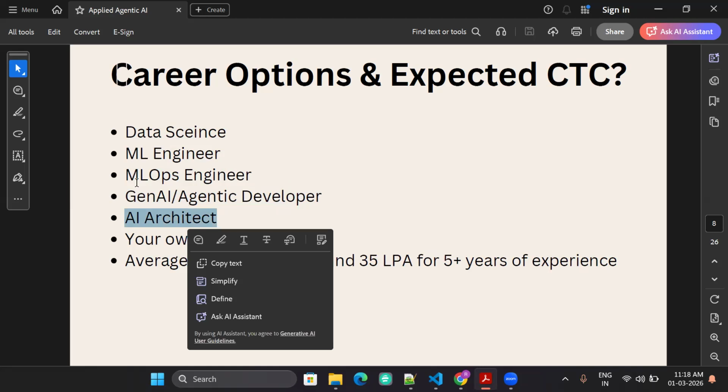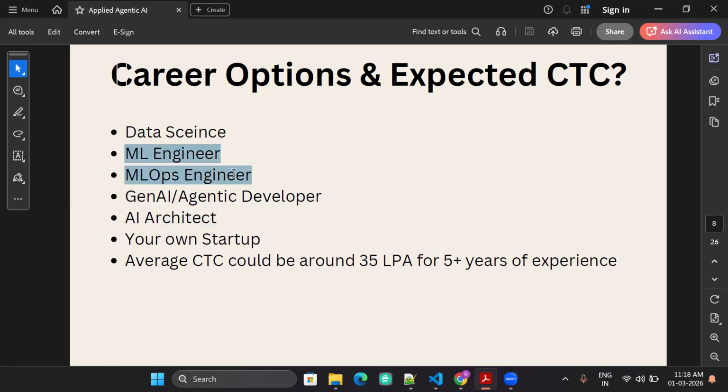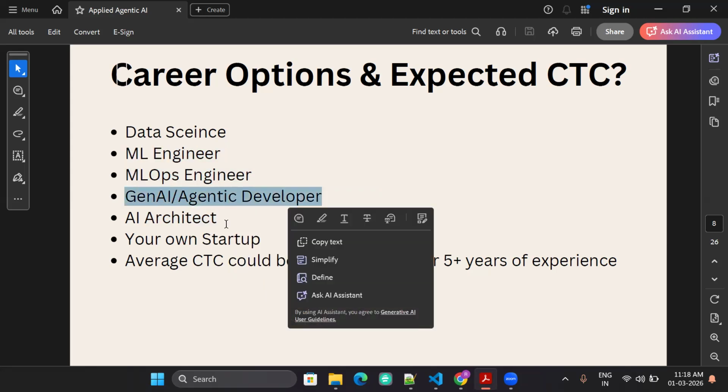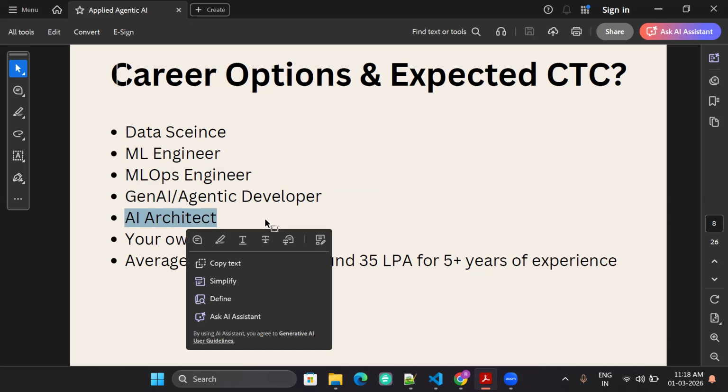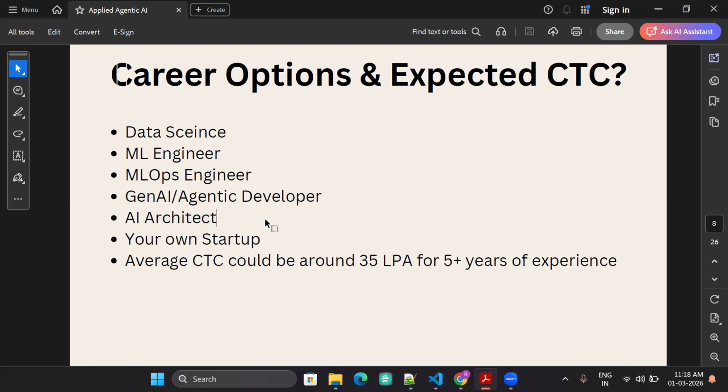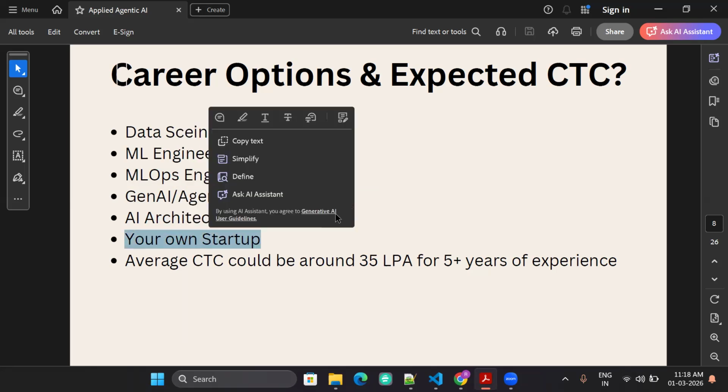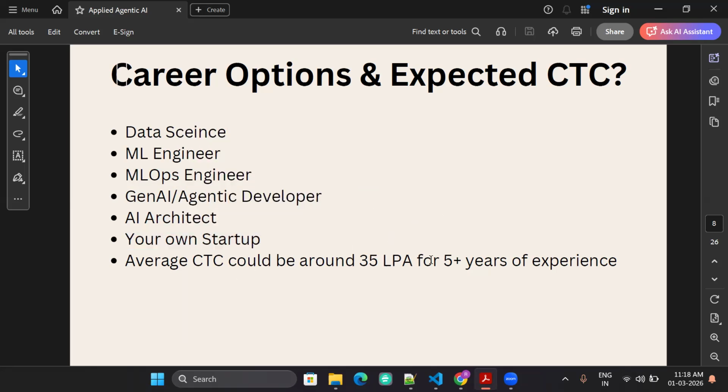AI architects, and these two combined along, and if you have this role along with your existing role, will be giving you a lot of benefit. There will be a sharp rise in this position, because these can be the people who can also act as a product owner along with the architect, they can also code, or they can also design smart systems. You can build your own startup. And at this moment, the average salary people are getting is already 35 LPA in 5 years experience. But they are also getting more if you are in the right company giving interviews.